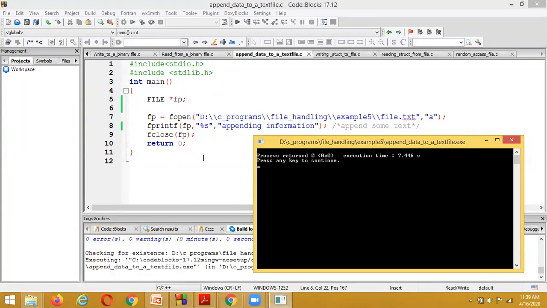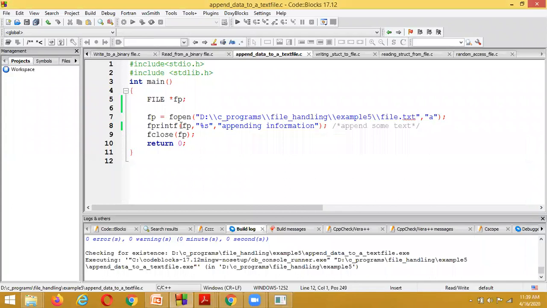While using the fprintf function, what are the parameters we need to pass? First parameter is the file pointer, second parameter is the input format. Double quotes means string format, that's why we are indicating %s, and the information we are passing.